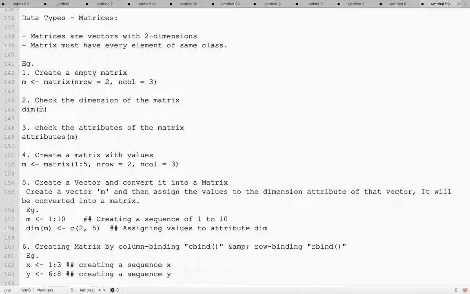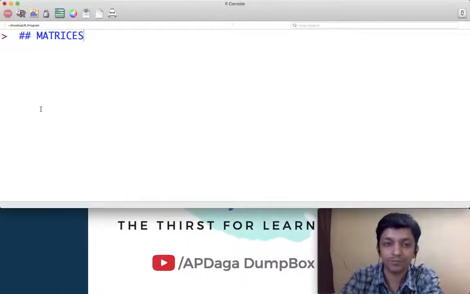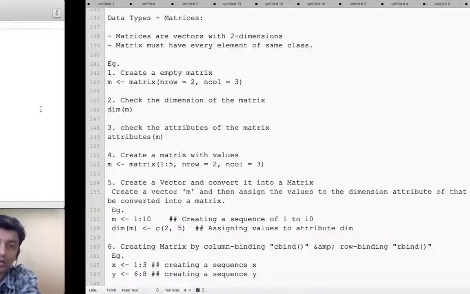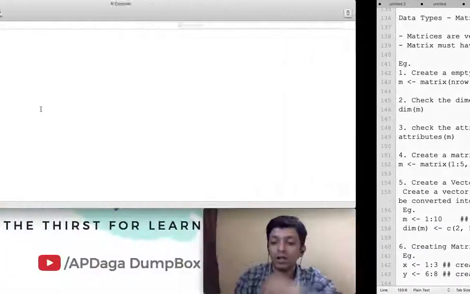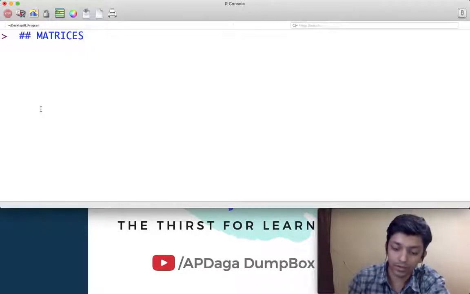So what is a matrix? A matrix is nothing but a two-dimensional vector, and when we call it a vector, it has to follow one condition, that is, all the elements in that matrix should be of the same data type, right? Because that is the mandatory criterion in a vector. And just like a vector, if you try to create a matrix with elements having different data types, some character, some integer, then it won't throw any error.